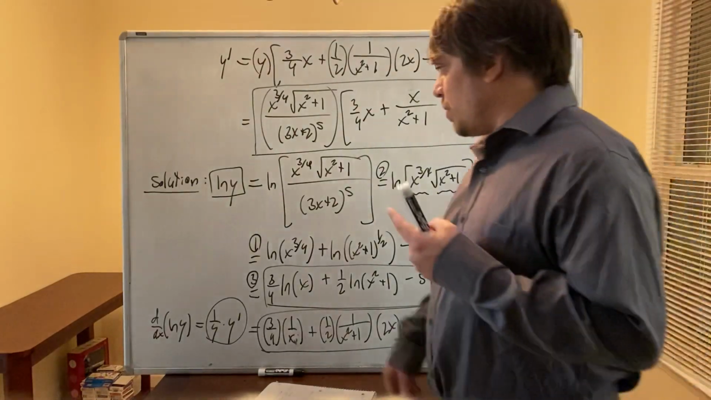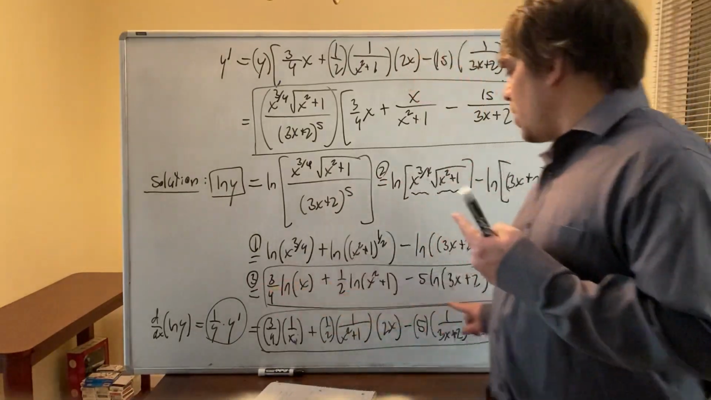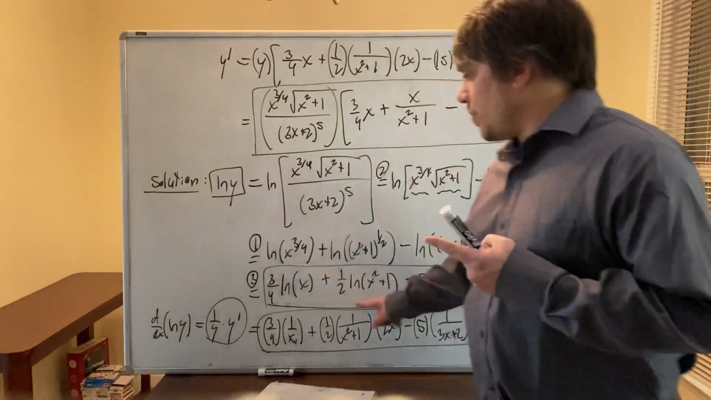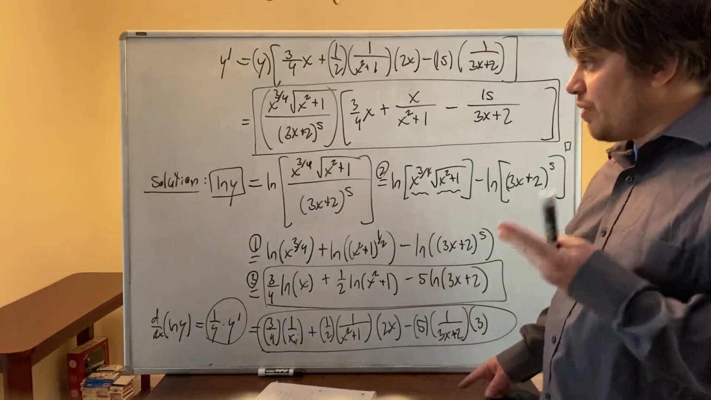Sorry, that's all step 1. We took ln of both sides, and we expanded this by the law of logs. So this was all step 1. And step 2 was we differentiated